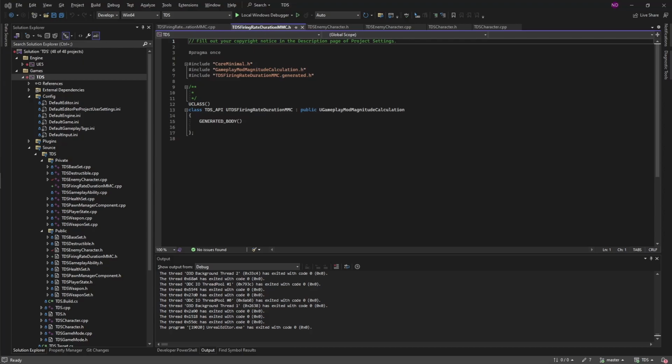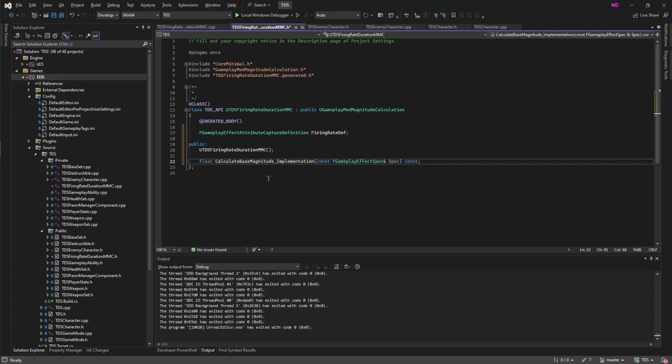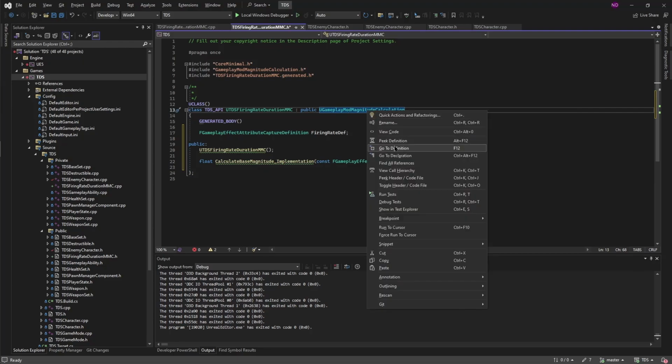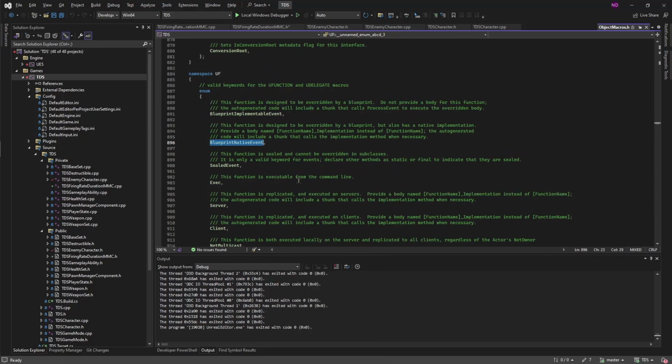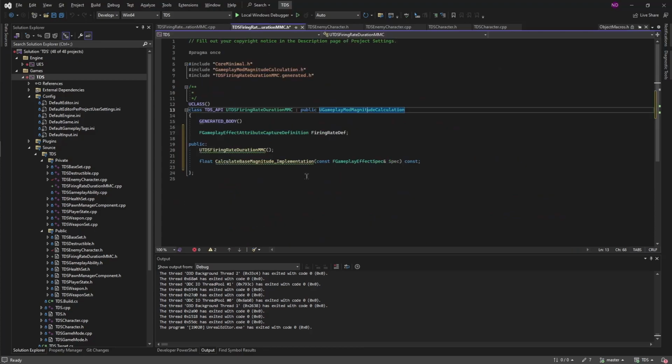So in our header file, we want to include a variable and a few functions. So we're adding a constructor and we're defining an attribute capture definition variable. We're then using the calculate base magnitude, which if you go into the parent class here, you can see calculate base magnitude is a Blueprint native event. If we actually click on that, it will tell you it's designed to be overridden by a Blueprint, but also has a native implementation, and you basically just put underscore implementation in the name. So that's how we got to calculate base